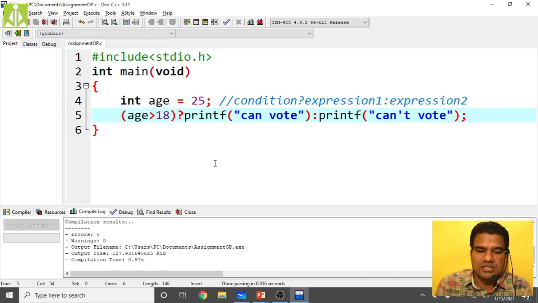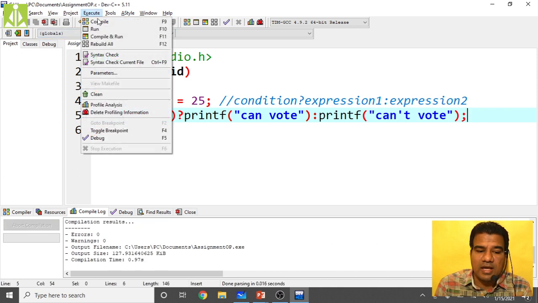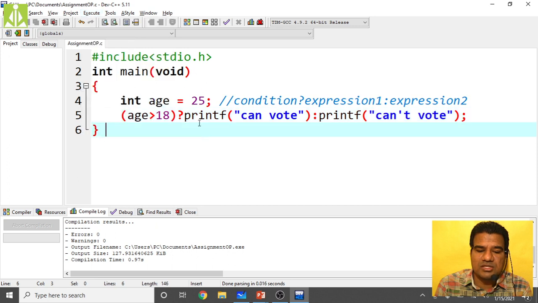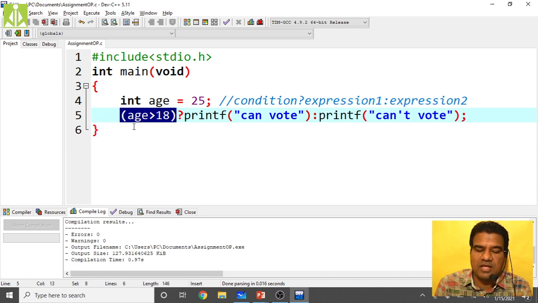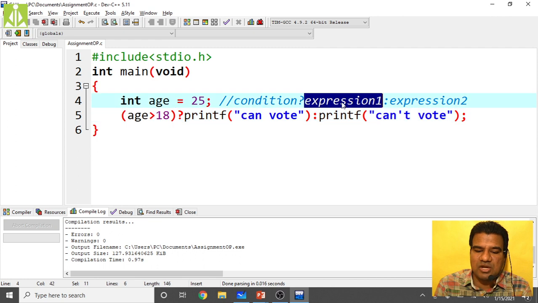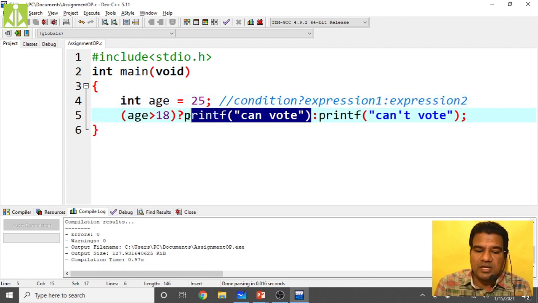Compile. Compilation is successful, as you can see, and execute. As the age is more than 18 years, this condition is becoming true, isn't it? So expression 1, that is printf can vote, should be evaluated.